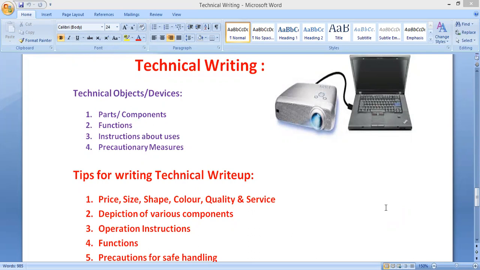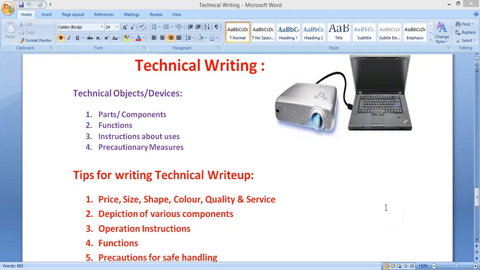Hello, dear friends. We have learned various types of formal written communication skills. In this particular chapter, we have learned how to write letters. We have learned four types of letter: job application letter, inquiry letter, order letter, and complaint letter. After that, we have learned report writing. In report writing, we learned production report or accident report, progress reports. So these are the